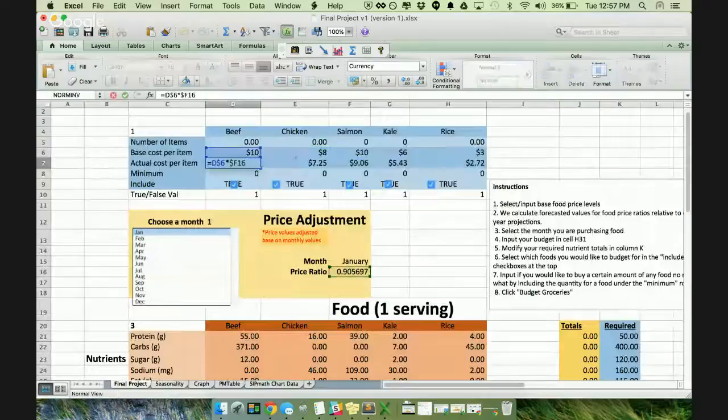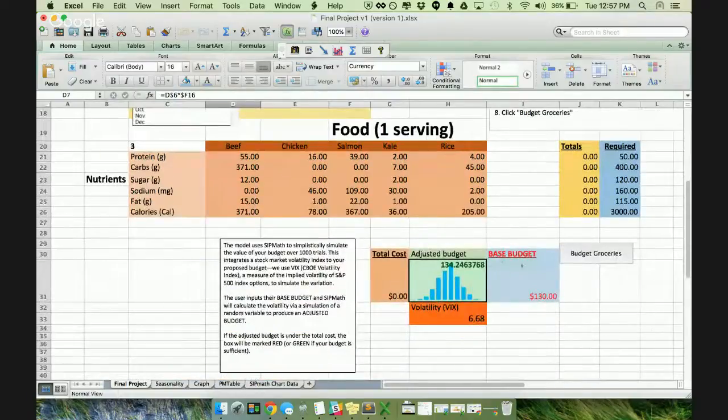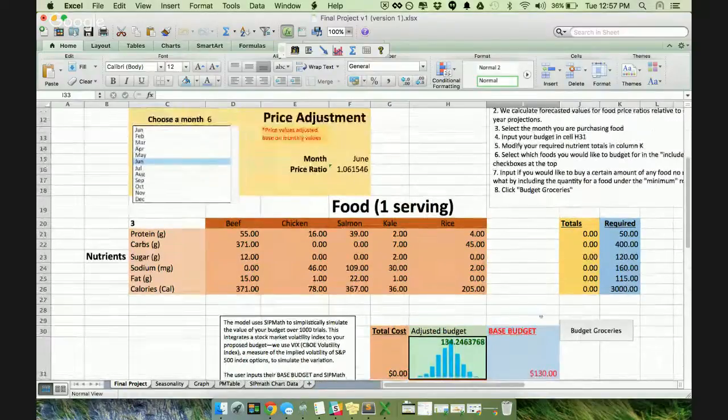index values. On the user side, the user provides a base budget, and the model uses SIMPLAN to simulate the value of your budget over 1,000 trials. The adjusted budget integrates VIX, a measure of the implied volatility of S&P 500 index options, to simplistically simulate the possible variation in your budget numbers using a normal distribution. The model will display red indicating failure or green indicating success, depending on whether or not you have met your